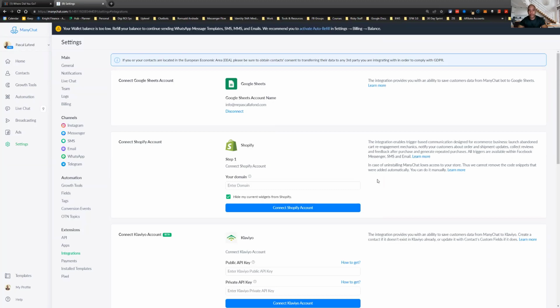Okay, so when I heard that ManyChat had a native integration with Google Sheets, I thought, that's pretty cool, right? So I went and dug in myself. I went to settings, integrations, and I can see that this is where it's done. It's just a couple of clicks of buttons and you get it done. And again, I thought to myself, I can't believe people are charging hundreds of dollars for doing this integration,